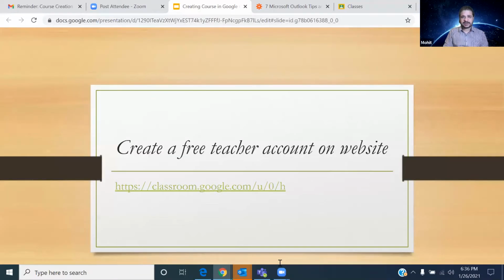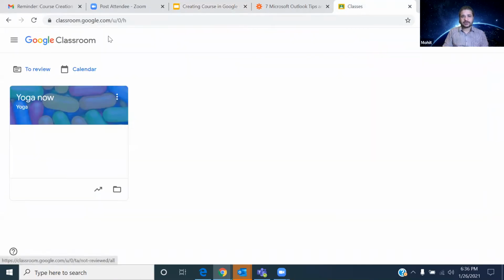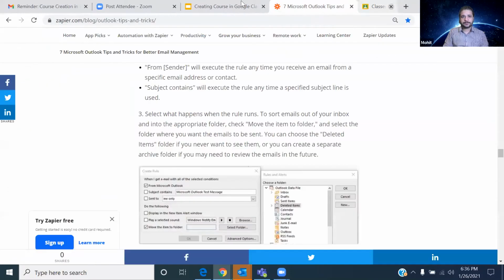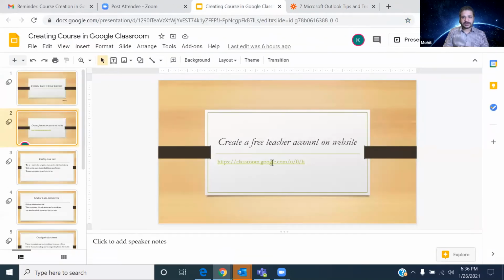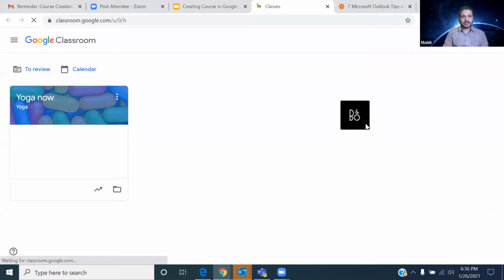So as I said, side by side, I'm going to show you how it looks. If I go here and click on this link, it's going to open a new portal for me, a Google Classroom portal. So you can see there's a Google Classroom portal. This is how you know that this is Google Classroom. And on the right-hand side, if you have your picture uploaded,